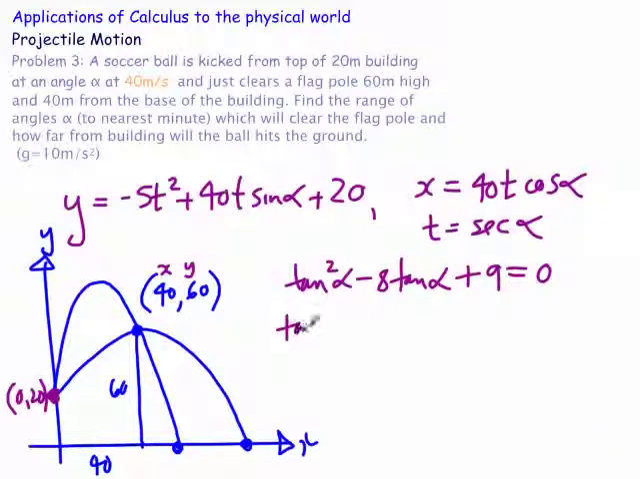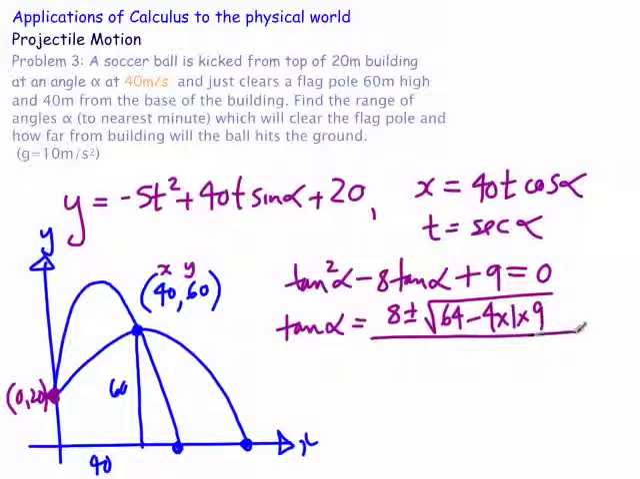So tan alpha is equal to minus b, so it's 8 plus or minus the square root of b squared, which is minus 8 squared, 64, minus 4 times 1 times 9, all over 2 times a, which is 1, 2. So we end up getting tan alpha is 8 plus or minus the square root of 64 minus 36, 28, over 2. And we now will have a couple of angles for alpha. Once we put that into the calculator, we'll end up getting,